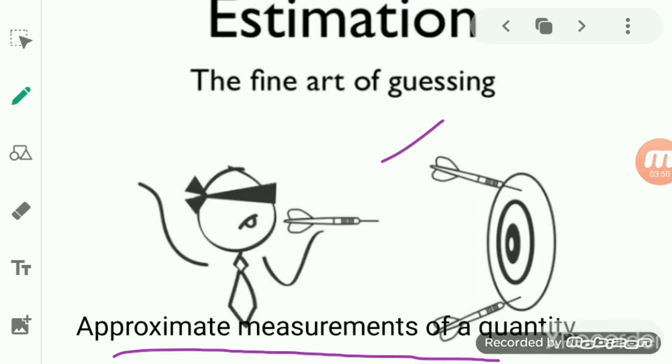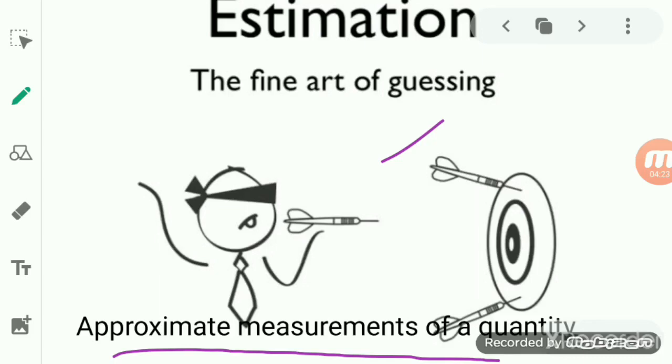For example, while cooking food, we usually make a rough estimate of how much spices or how much water is required in the dish. You have never seen the spices and the salt being measured with the help of a measuring instrument before being added to the cooking food. We simply take an estimate of the spices and the water while making the food.